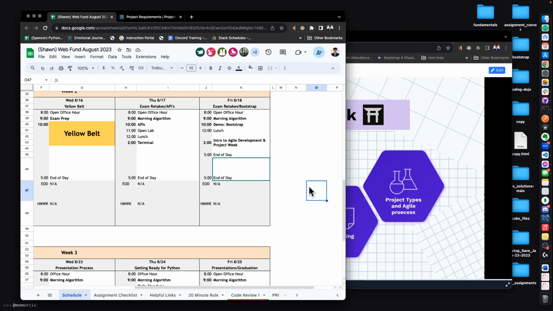We're going to open up and talk about Project Week. We're going to do an introduction into Agile development, as you see the title of this afternoon session here. And so, as I mentioned before the recording, I have a slide prepared for us here. We're going to go into the Agile development, what that means, and into Project Week and what we can do to